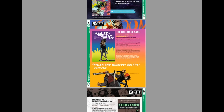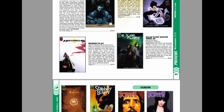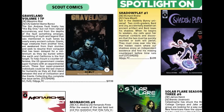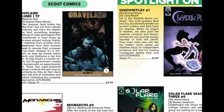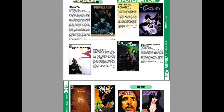All right, what do we got in here? Oh, here we go. Shadow Play from Scout Comics. This is issue number 1 of Shadow Play. This takes place in the same universe as Stabbity Bunny, so I have a feeling this is going to be kind of a fun book and probably a big hit. So that's another one everybody should be jumping on right now. Run to your LCS, tell them you want it. And the last book on our list,